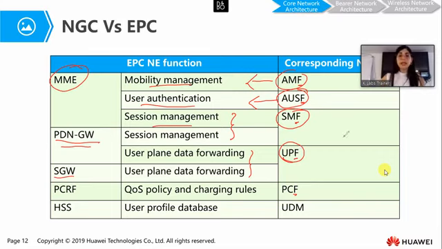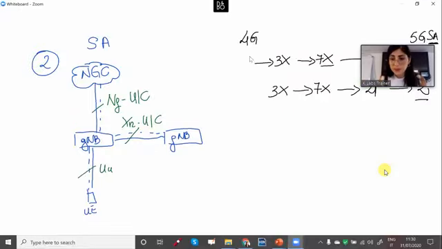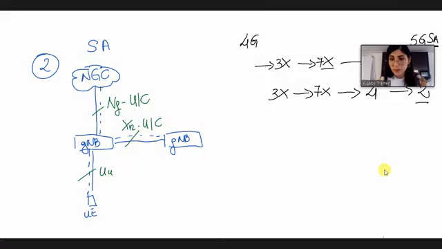So we can make another comparison by using the whiteboard. I'm going to share the whiteboard again. So we can see the differences also between the structure of the 4G core network and the 5G core network. In the 4G core network, which is the EPC, we have a structure like this one.